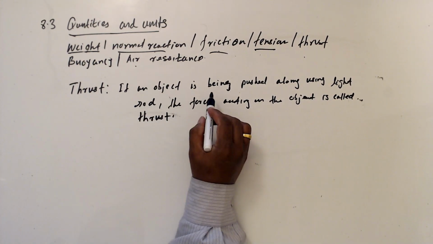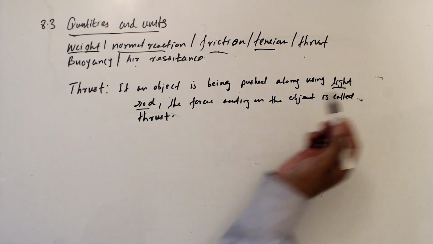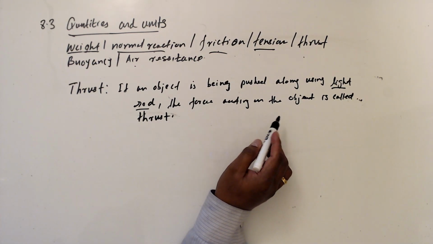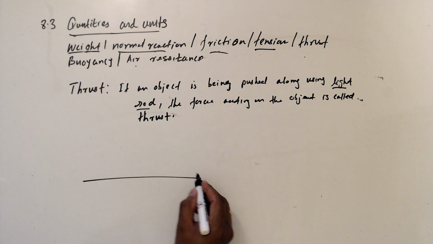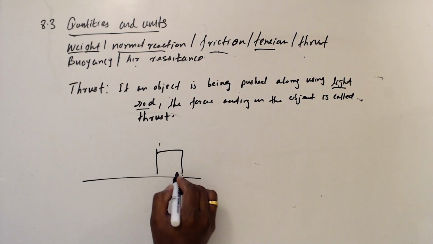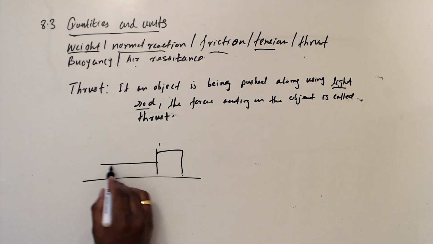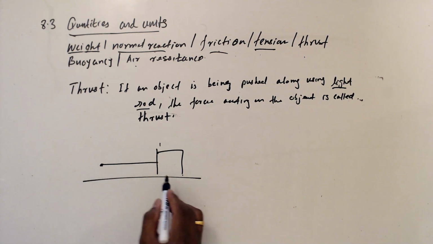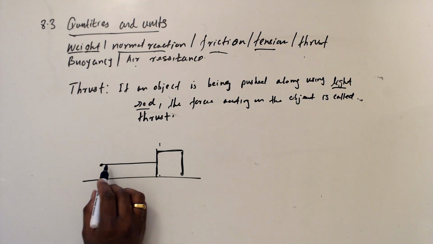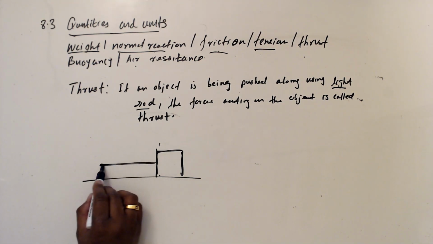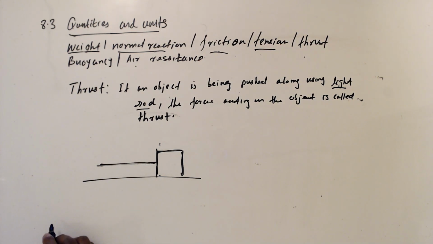An object is being pushed along using a light rod, no weight. The force acting on the object is called thrust. This is a mass, and we try to push this mass using a light rod. Then what is the feeling of this rod? If the rod is a human being or has sense, what kind of feeling that rod will get? It is same like